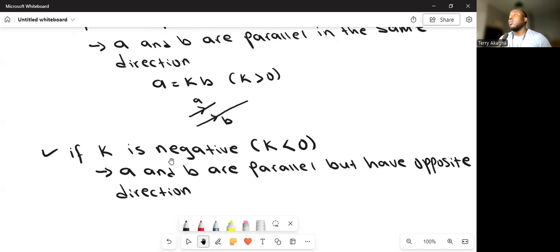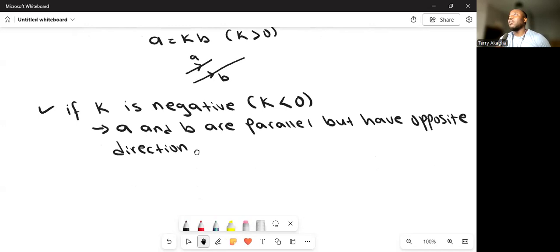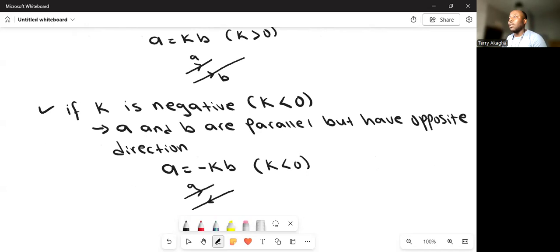Okay? Vectors are parallel but have opposite direction. So for instance, when we have A is equal to negative KB, you can see you still have the K, but the K is negative here. So that means K is less than 0. It means that you have A in that direction, but B is going to be in the opposite direction, but they